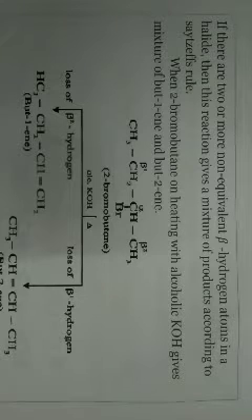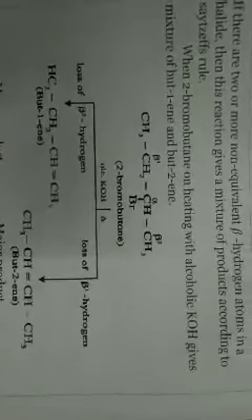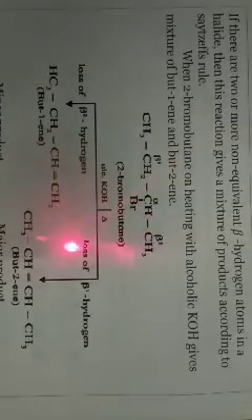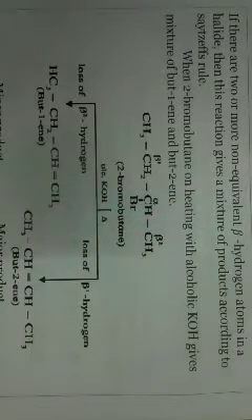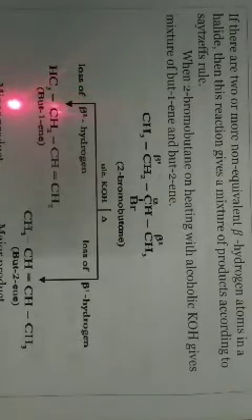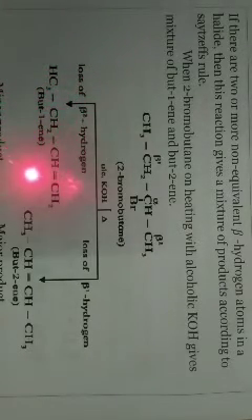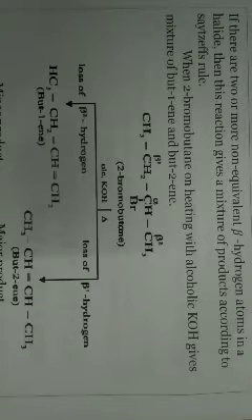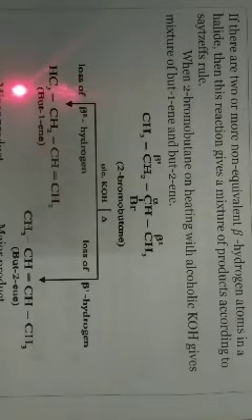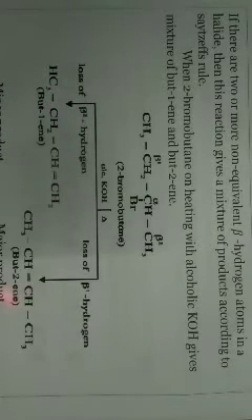After heating this 2-bromobutane, suppose for beta 1, from this carbon we are removing the hydrogen, then we will get the product CH3, CH, double bond CH, CH3. The other possibility is that we can remove the hydrogen from this beta 2 carbon. If we remove the hydrogen from this beta 2, then we will get the product CH3, CH2, CH, double bond CH2. So in this case, we are getting two different products, but-2-ene and but-1-ene. So which is actually the major product?